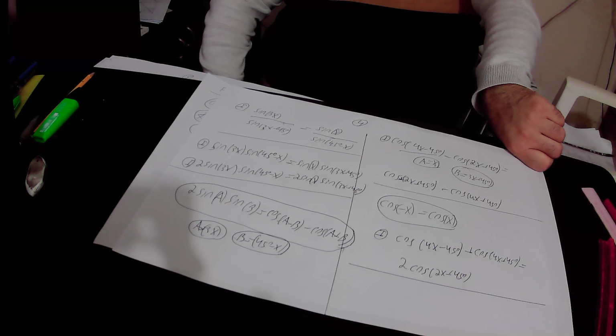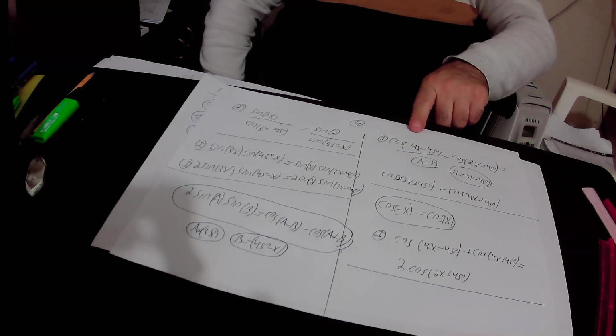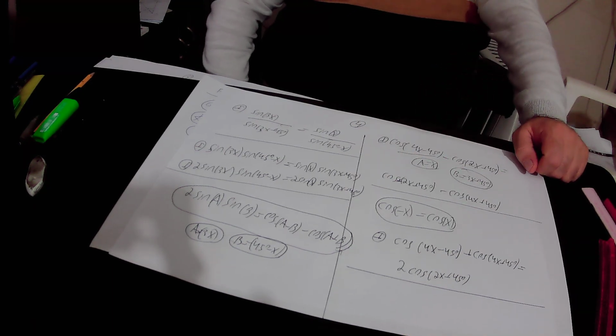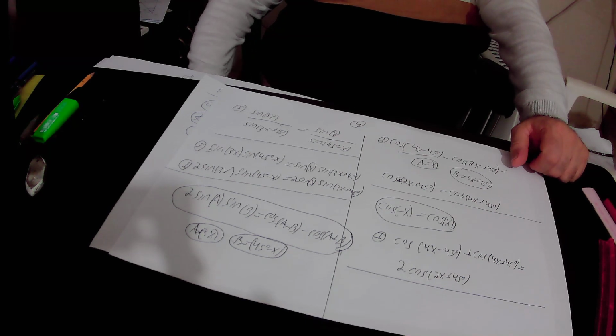Okay, so here we have cosine 4x minus 45 degrees, and we have minus cosine 2x plus 45 degrees. So we will add to this equation cosine 2x plus 45 degrees,